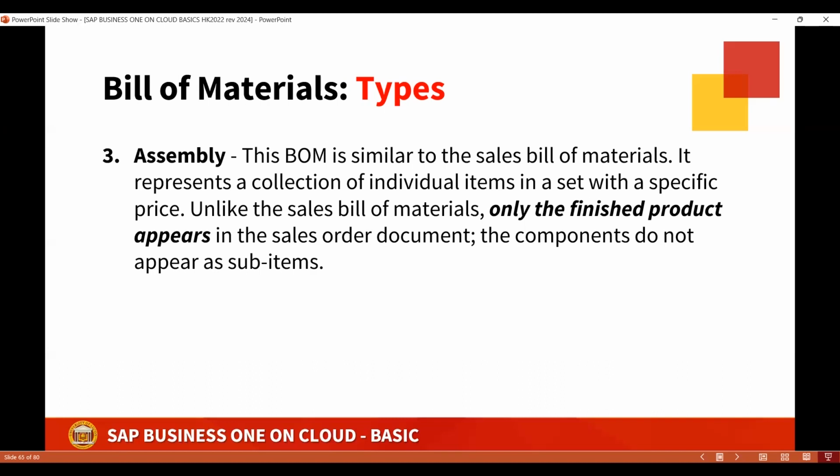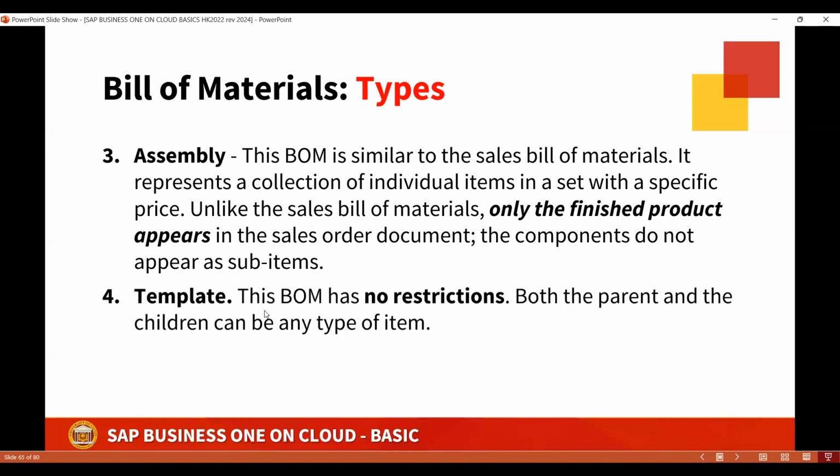But again, when it is an assembly bill of material, all the components can be assembled into one finished product. Number 4 is template, wherein this type of BOM has no restrictions, wherein both the parent and the children can be any type of item.